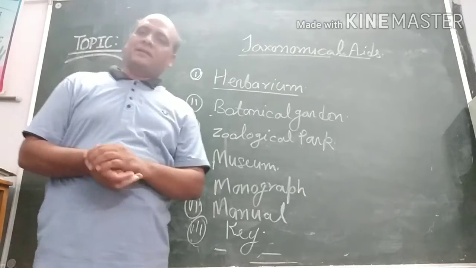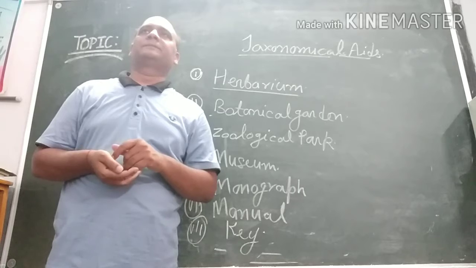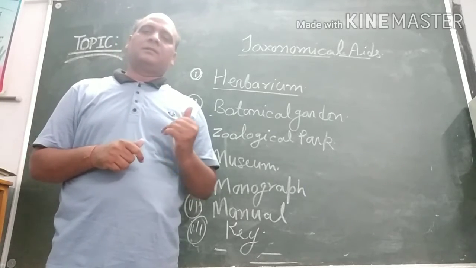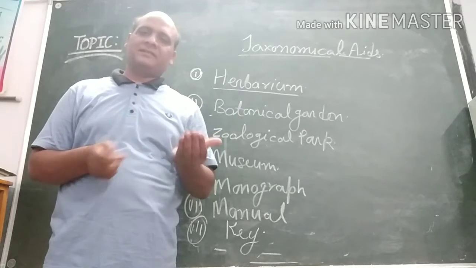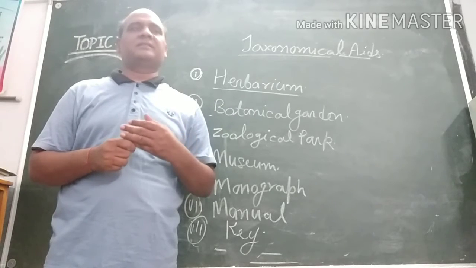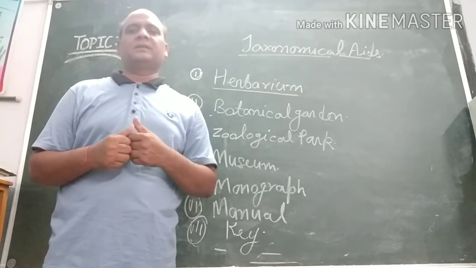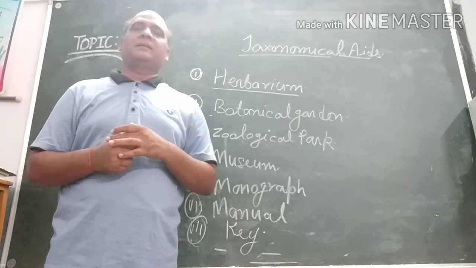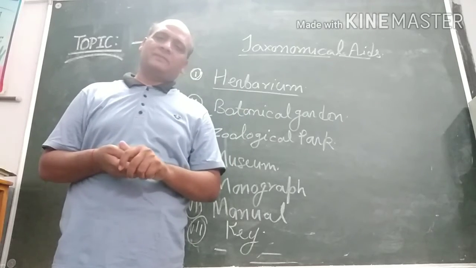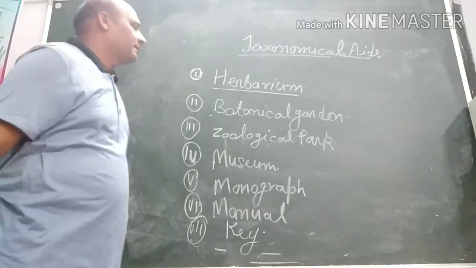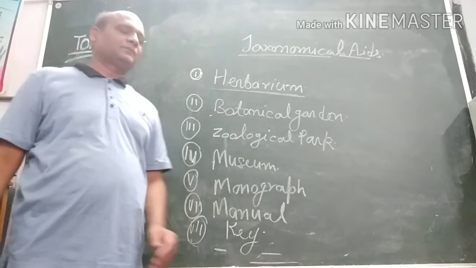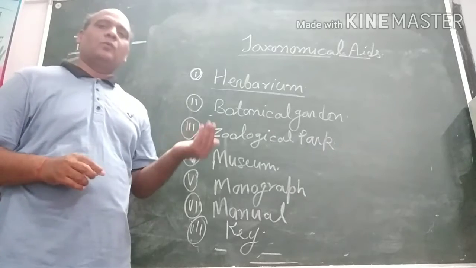The herbarium is the collection of different kinds of specimens or the parts of living beings, that is a part of plants, leaves, fruits, seeds, roots, and the living animals, that is skeleton and whole animals, various specimens. It helps in the identification of organism. How